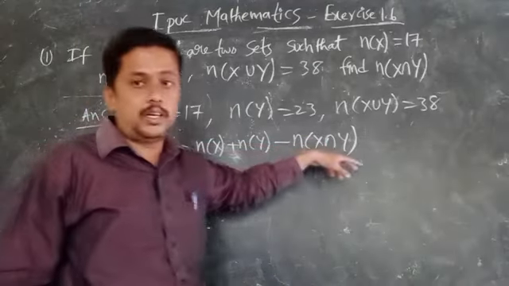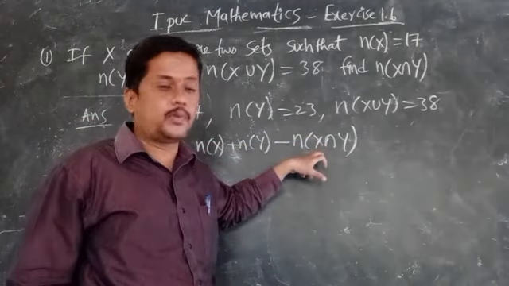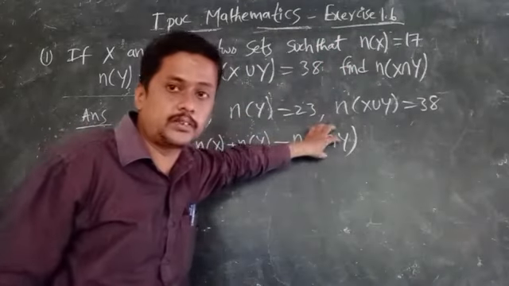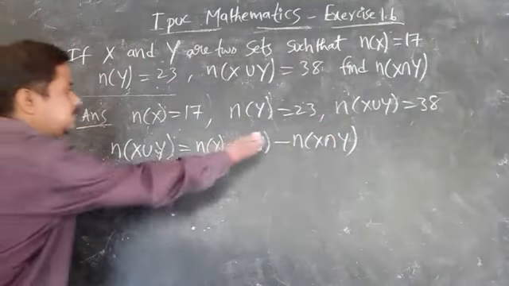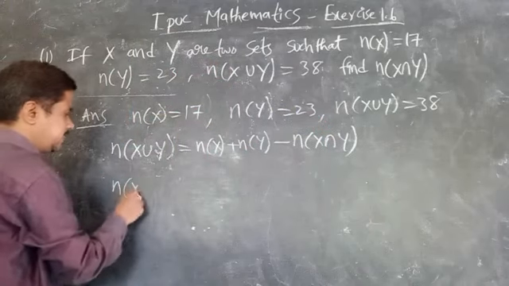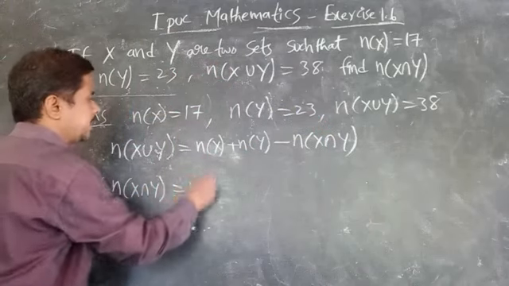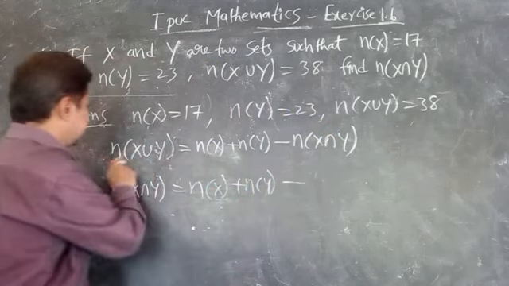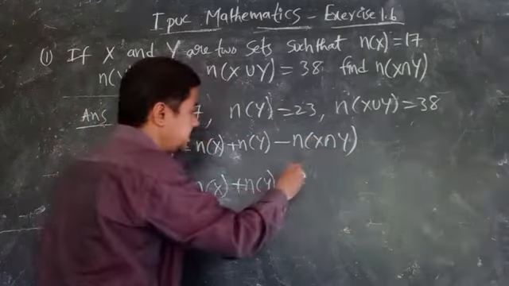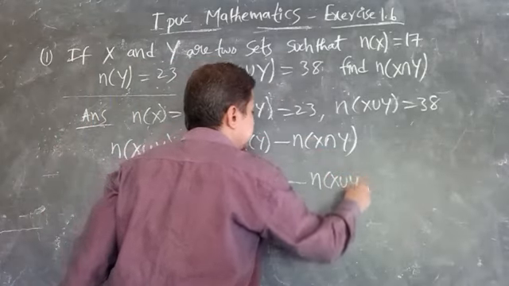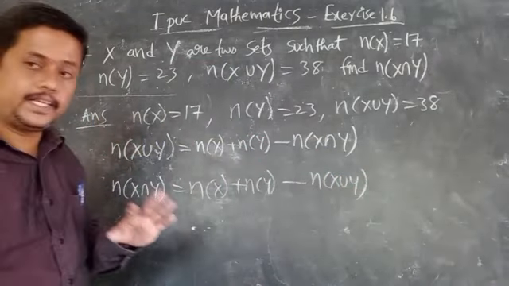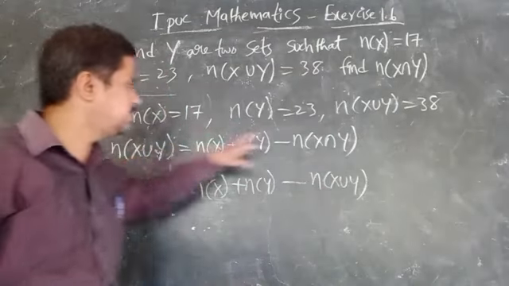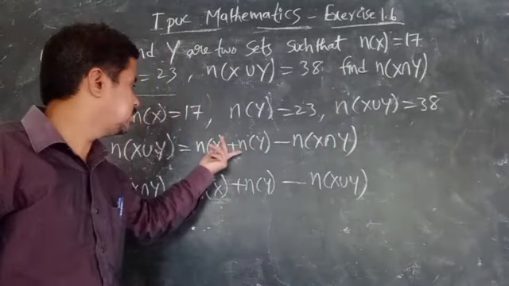So what we have to find? We have to find n of x intersection y now. So n of x intersection y is on one side, so minus will become plus. n of x intersection y is equal to n of x plus n of y minus n of x union y. Okay. So another technique is what? Here intersection is there, here union. Like that you think. Here union, here intersection. Minus. So these two are plus.